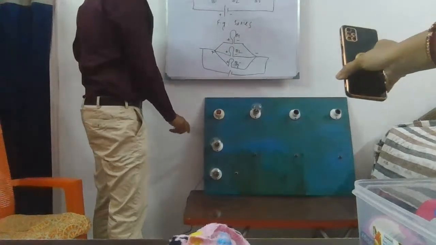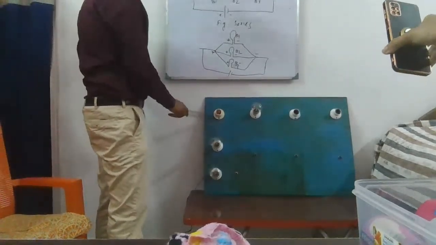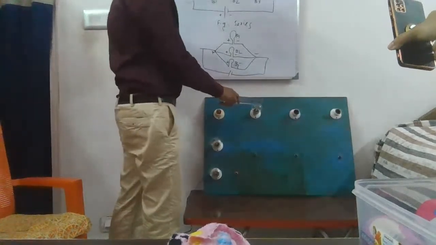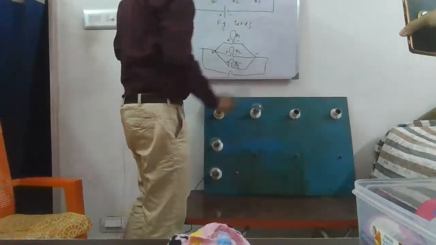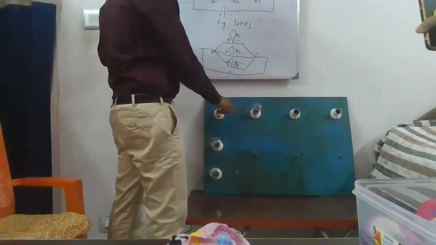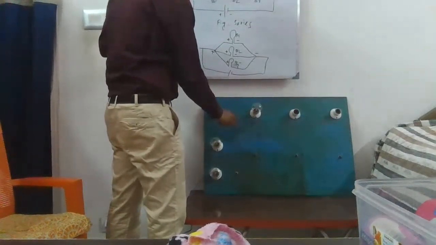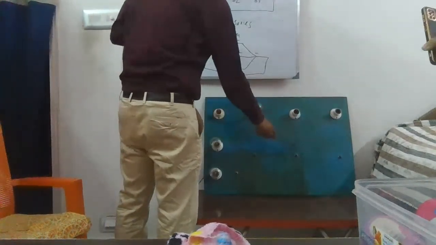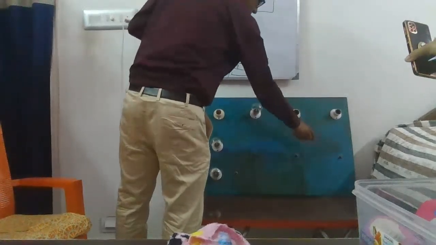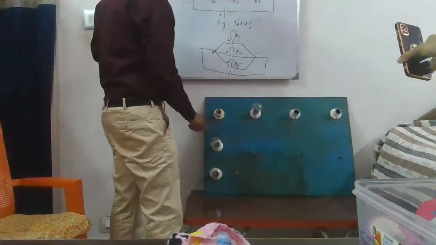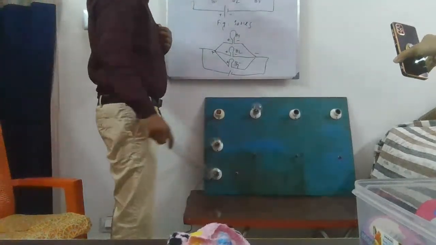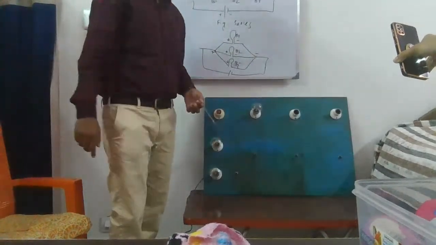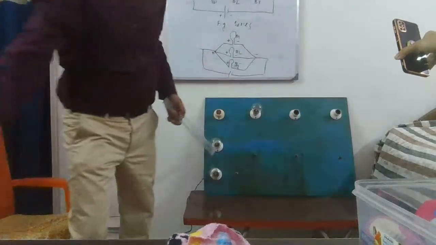That is, three bulbs are connected in series, and these three bulbs are connected in parallel, and corresponding to each bulb there is a switch: for this bulb this is the switch, for this bulb this is the switch, and for this bulb this is the switch. And for the series connection I use only a single switch. Why do I use a single switch? Because